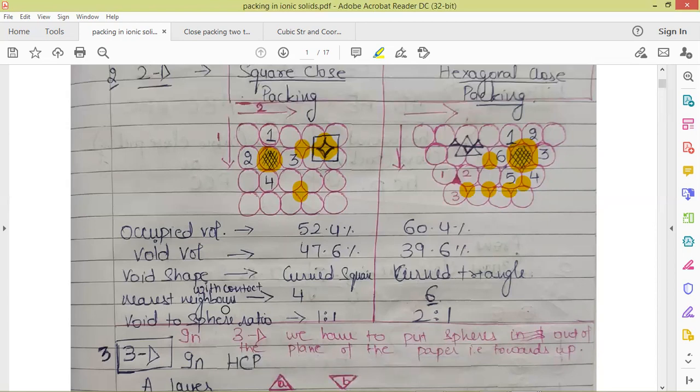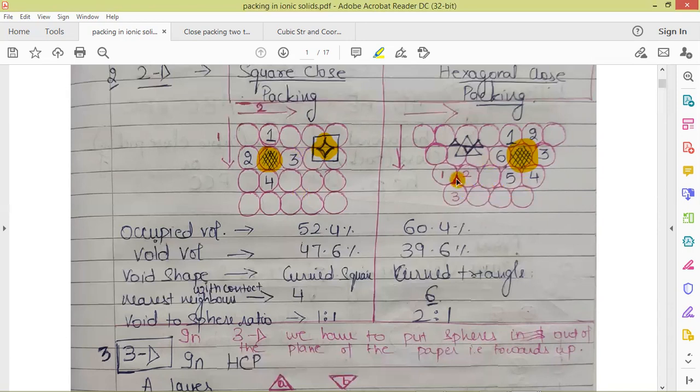Now, if we have a closer look, each void is surrounded by 3 spheres. So if we consider the number of spheres surrounding each void, here it is 3.